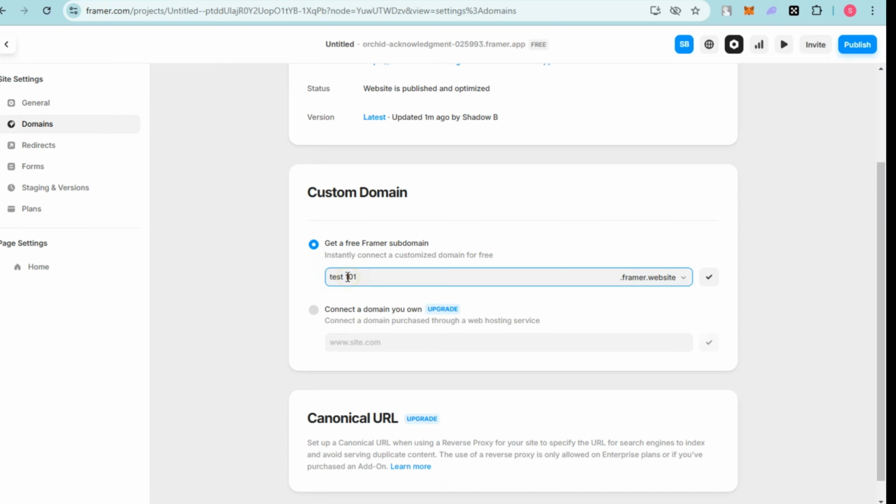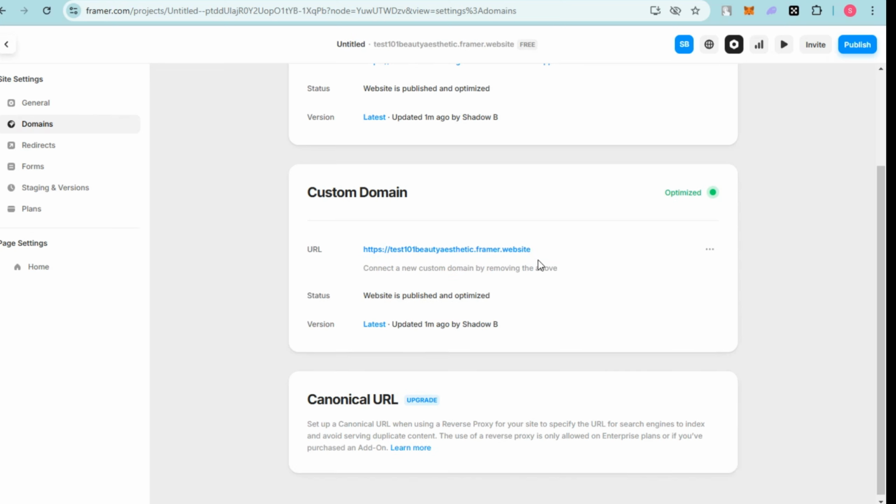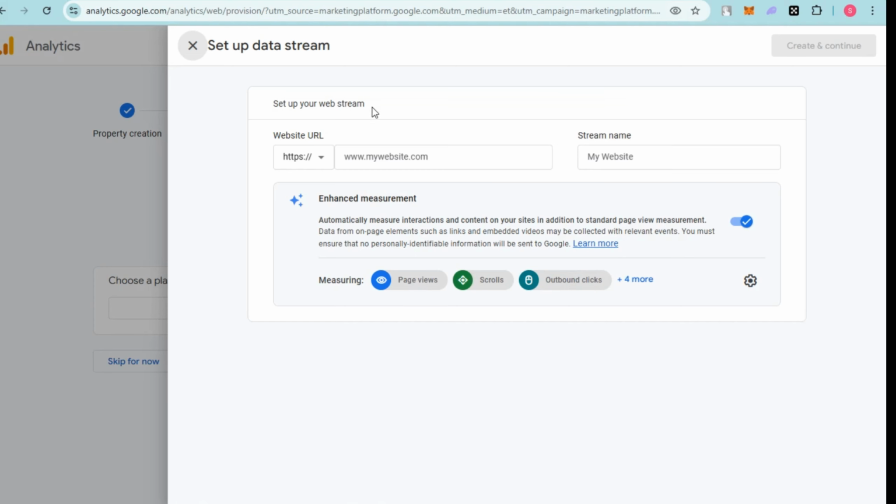Now you will see a result like this if the domain you have added is available. Okay, so this is the result. This is my custom domain right here. So I'm going to copy this, of course. And after I copy this one, I can now go back to my Google Analytics. Copy the URL first,